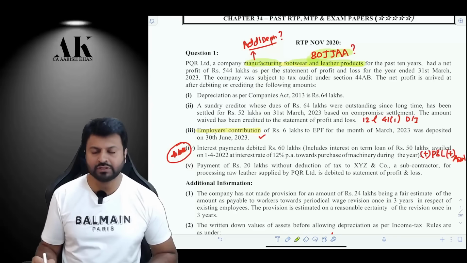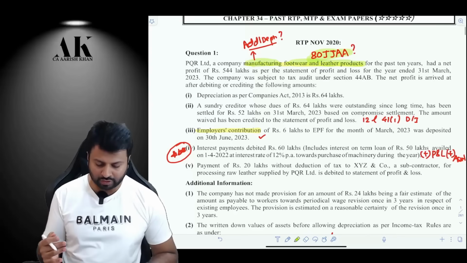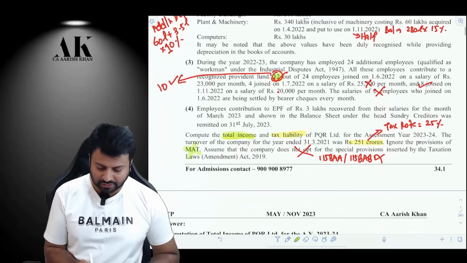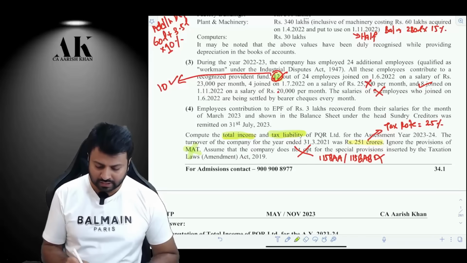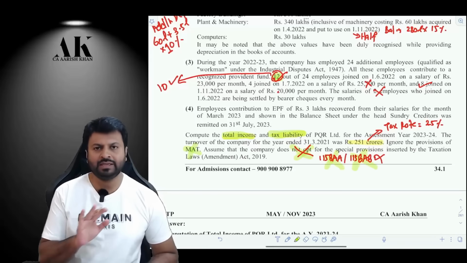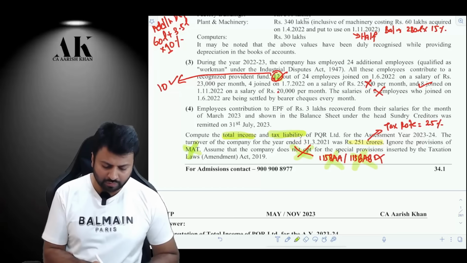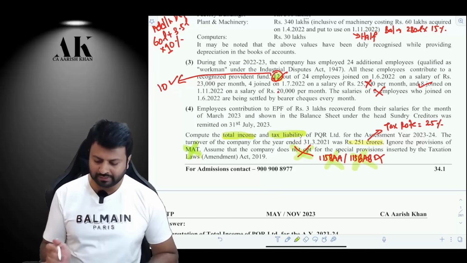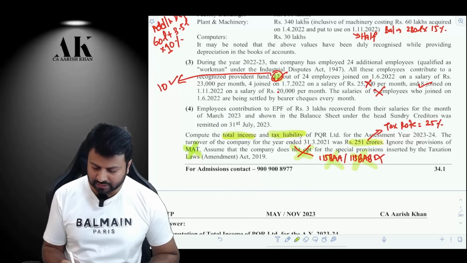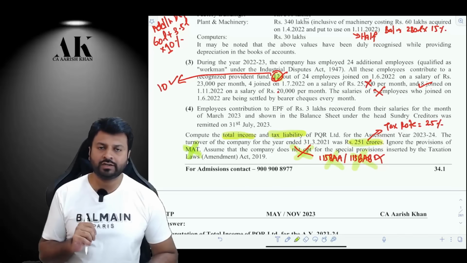Now this is a normal question on PGBP where you have to compute your total income and then the tax liability. The total income has to be computed as per the normal provisions. No 115BAA, no 115BAB, nothing has to be followed. Further, no MAT implications have to be applied. Plus, the tax rate would be 25% because the turnover of last year is up to 400 crore. It is less than 400 crore. Therefore, the tax rate over here will be 25%.